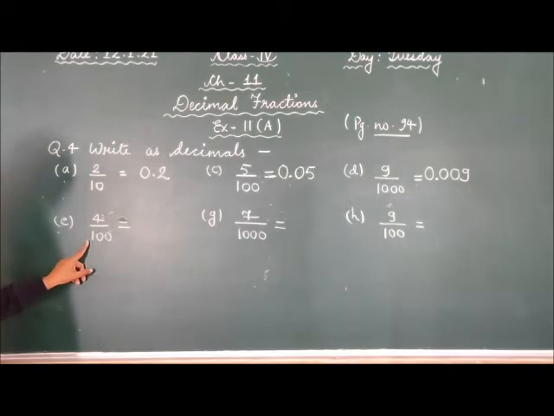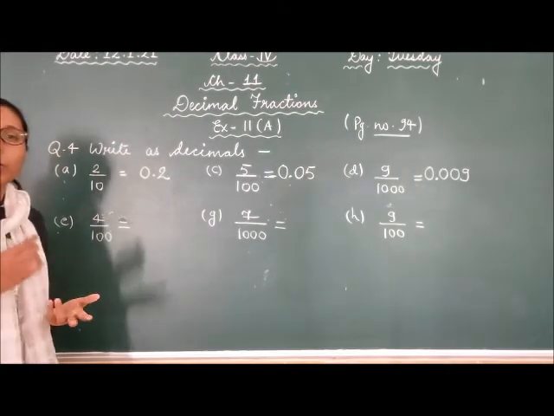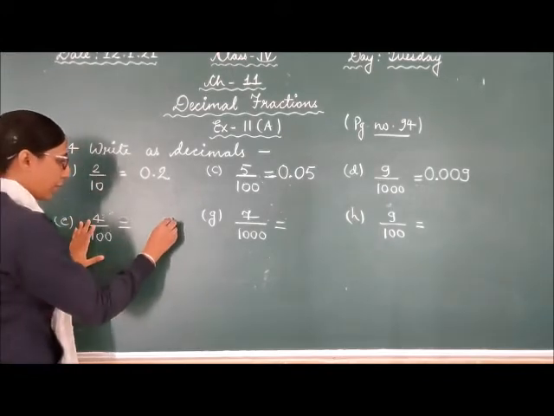Here in this part, 4 by 100, now there are 2 zeros. So according to this 2 zeros, we are going to put decimal point 2 digit before, and here is only 1 digit. So we are